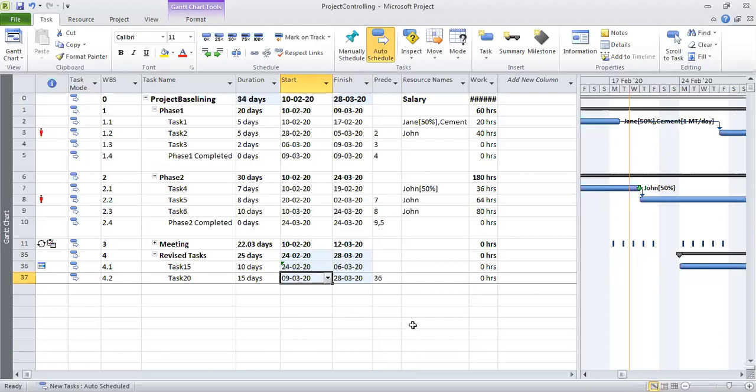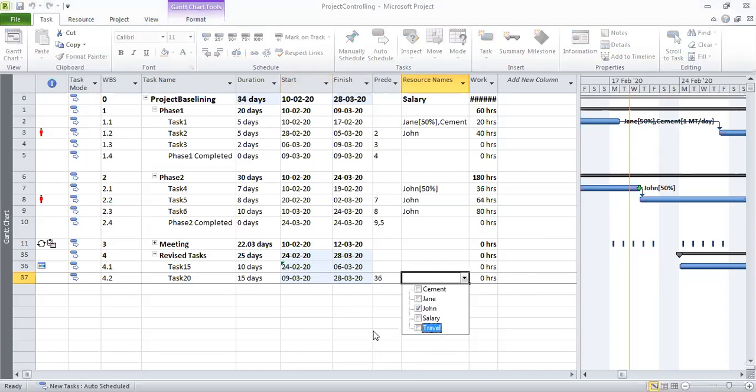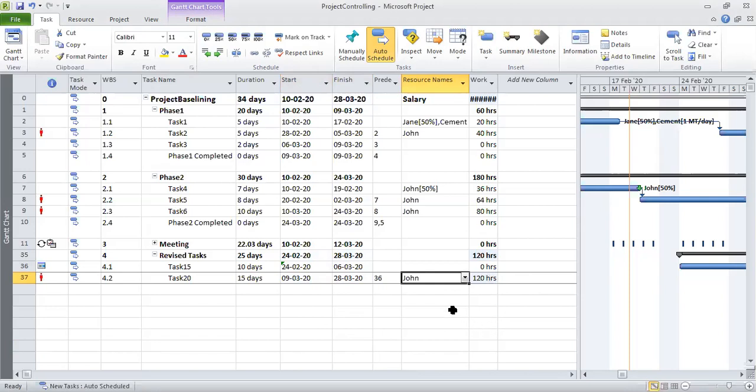Yeah. So now we have added a new task. We have added the dates. We have not added resources here. So let us also give it a resource. Let us say John, once again, our favorite resource. So John is assigned here. So there is some work also now, 120 hours, which was 0 earlier because no one was assigned. So we have John assigned. We have 120 hours of work. Now, of course, these tasks have to be baselined.